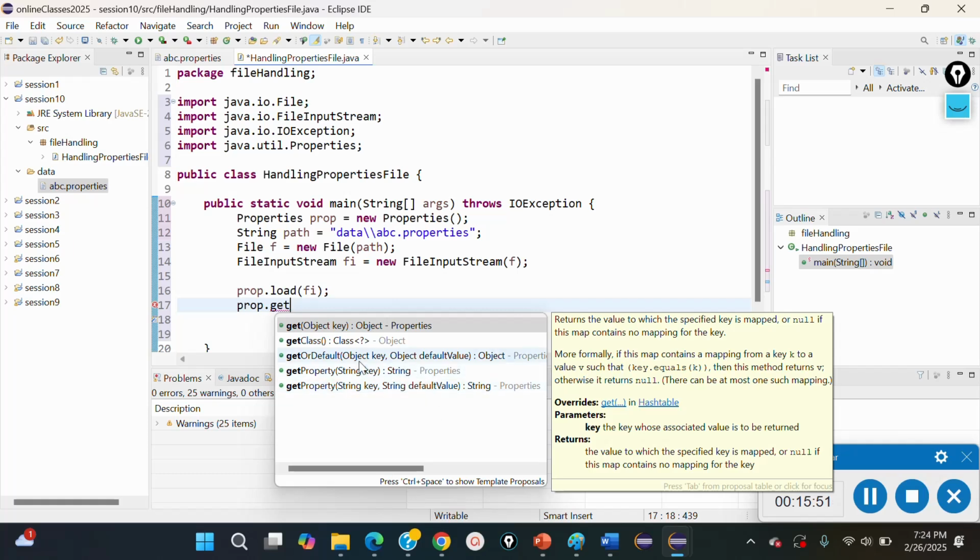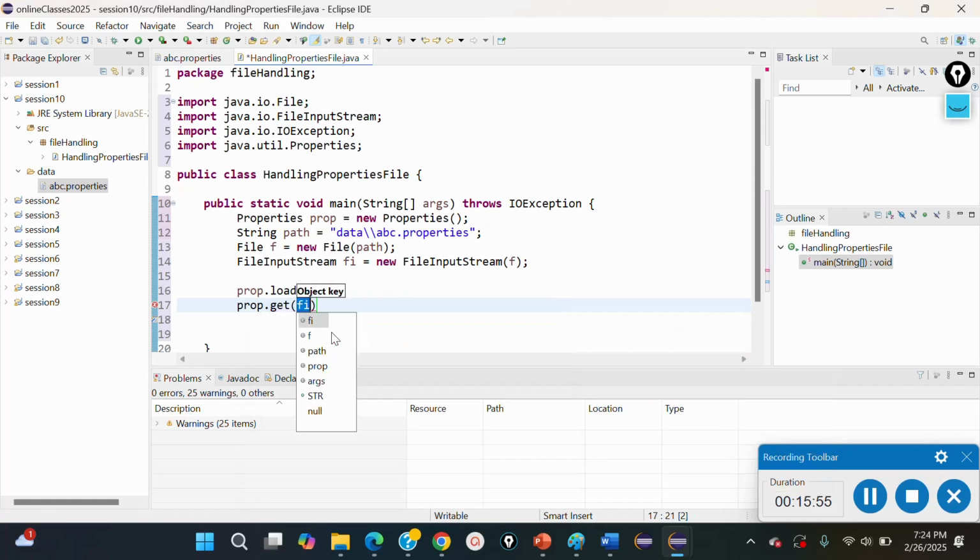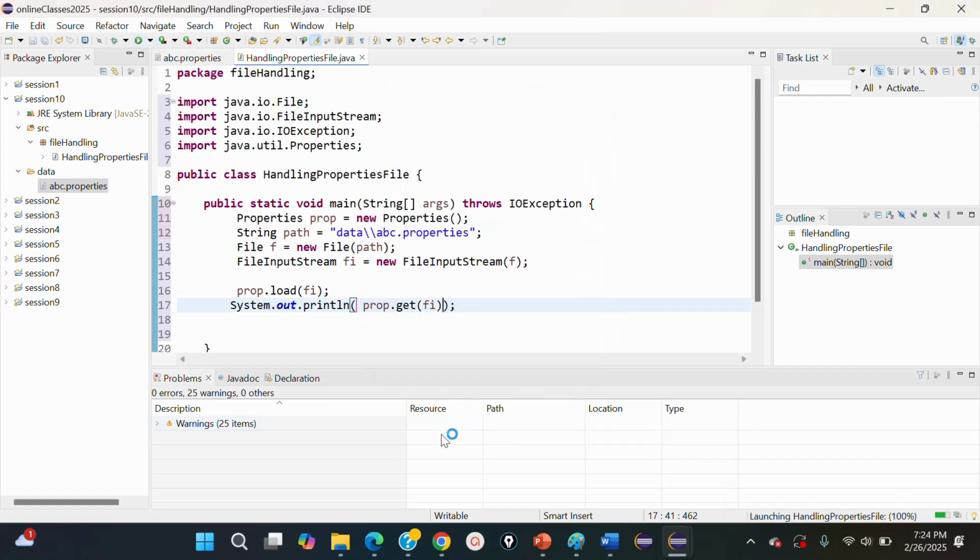So if I just click on, let's say, get with key, I will use this method first and then the file fi, and I will put this piece of code in our sysout to just get the values. If I put it here and just remove the semicolon from there, and just run the file, so you can see,